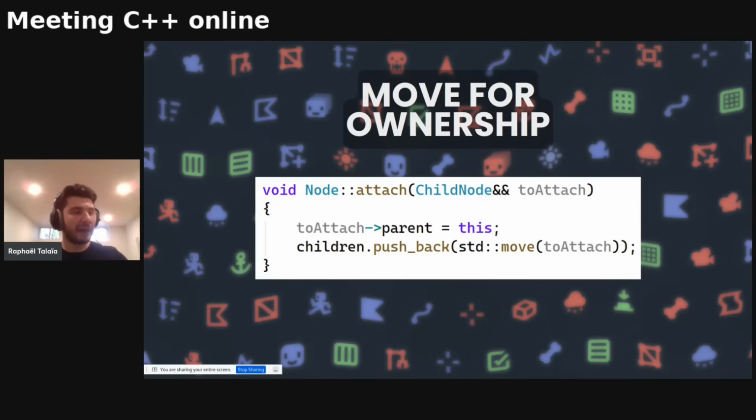So you may have seen that and thought, hey, that's kind of weird. You're using an rvalue reference right there to attach the nodes. Yeah, it's because we want to be very explicit about ownership in our framework. What I mean by that is every node in our system is a unique pointer, and if you want to attach nodes together, you have to actually move it. So with this signature, what we are trying to say is, hey, I'm giving you the responsibility of the node